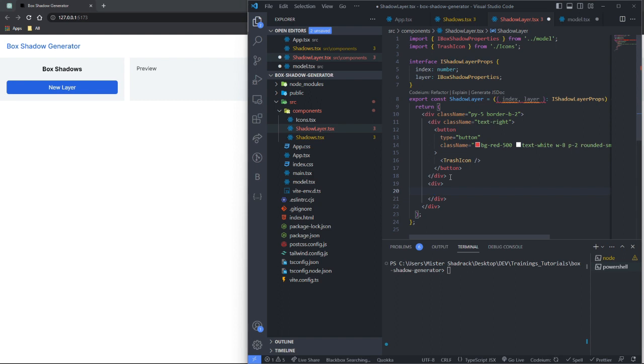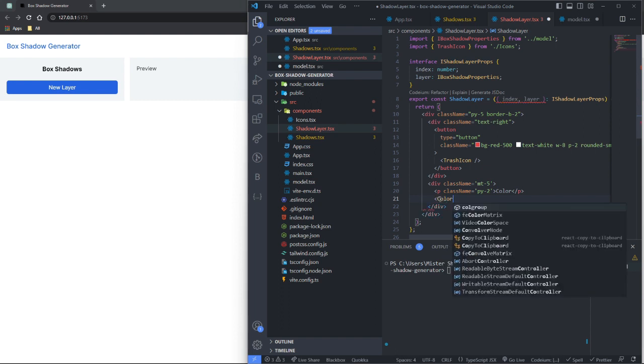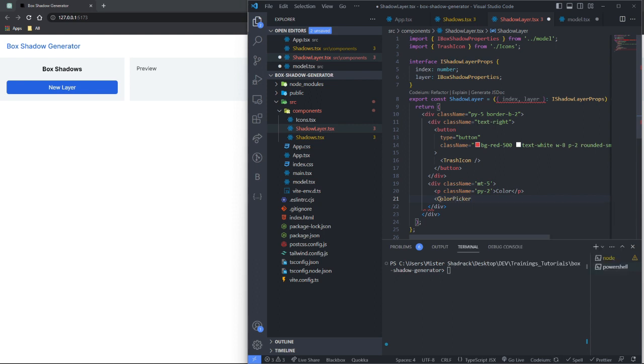This is where I am going to have my color picker. So here I add margin top of 5. So the label, I'm going to use a P, and with that I'm going to say padding Y 2. So the label is going to be color, and here I am going to have a color picker component. So call it color picker,